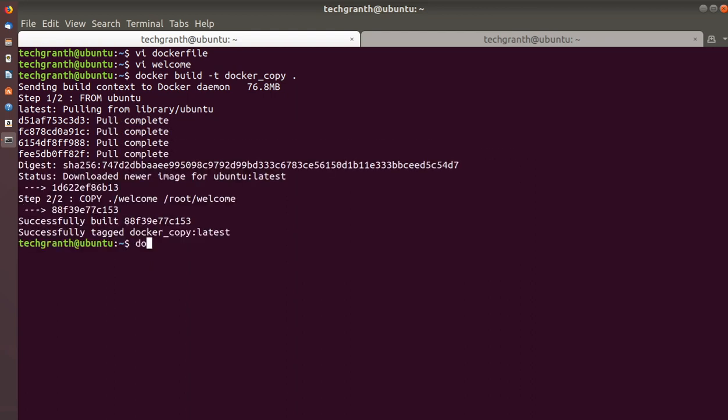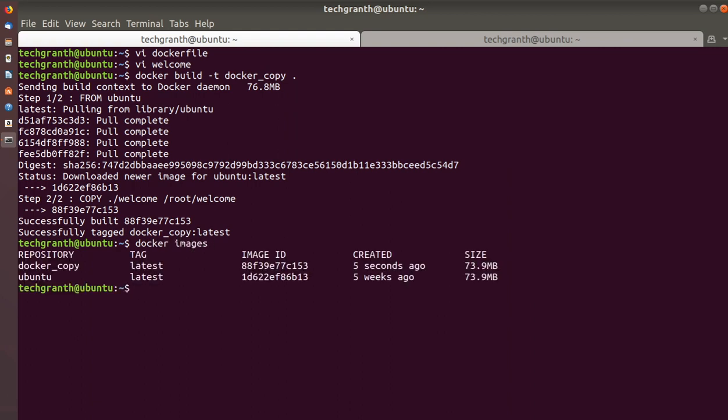Okay, our image is ready. docker images, you can see docker-copy is there. Now we will run a container using the docker-copy image: docker run -it --rm docker-copy. Just press enter.